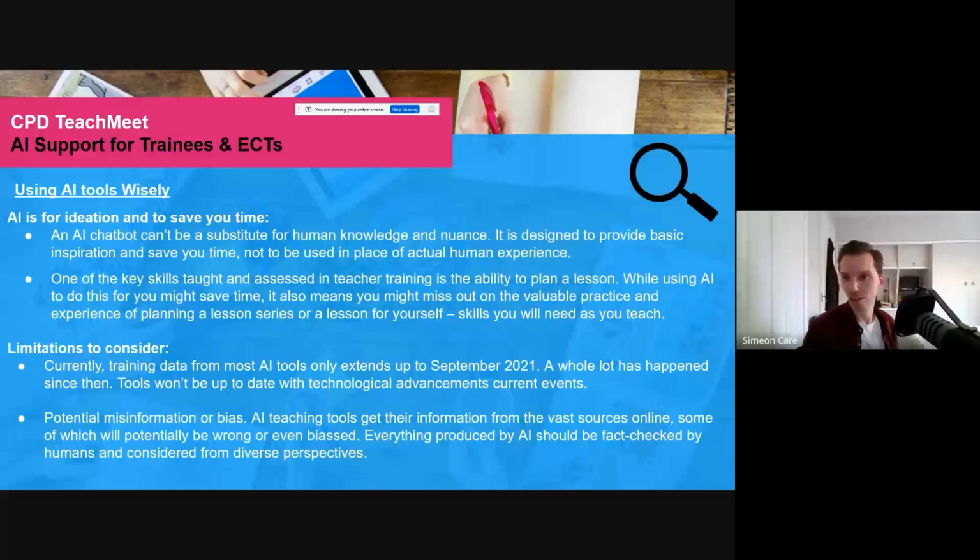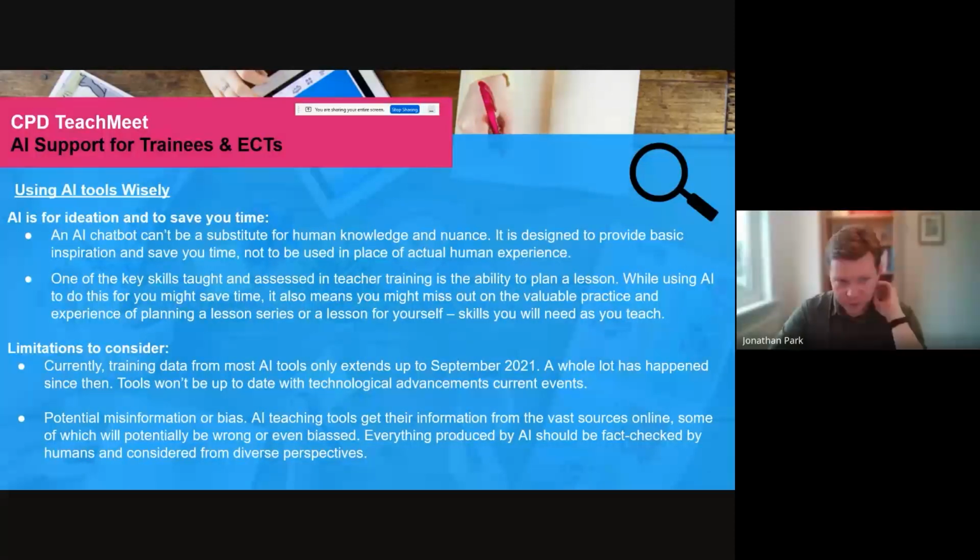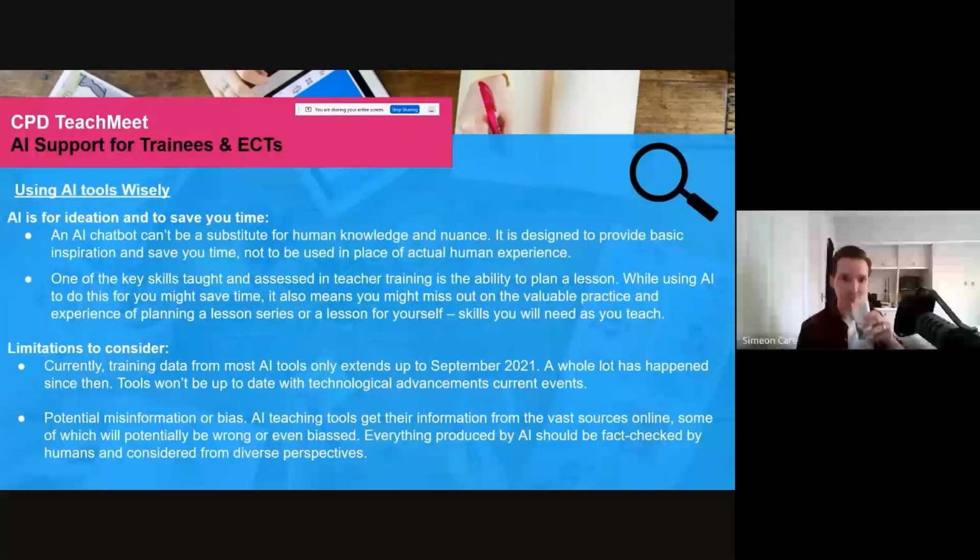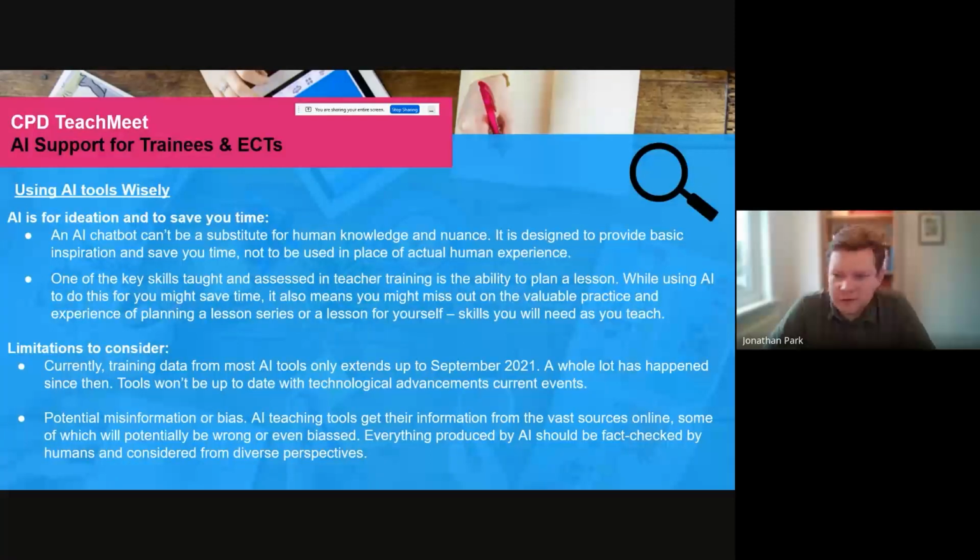I don't know, John and Harriet, how you feel about that one. Yeah, we talked about this in our podcast, actually, didn't we? One of the opportunities and pressures of being a trainee or an ECT is that you learn the skill of planning a lesson. Now, AI can plan a lesson, but you, as an ECT, still want to practice that skill and build that in yourself. There are ways to do that with AI.